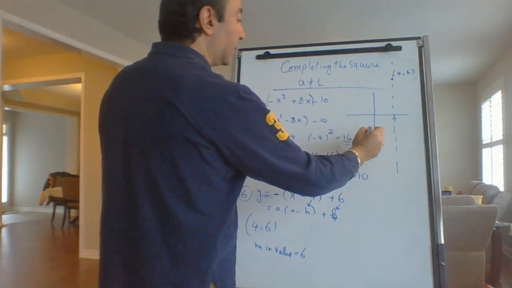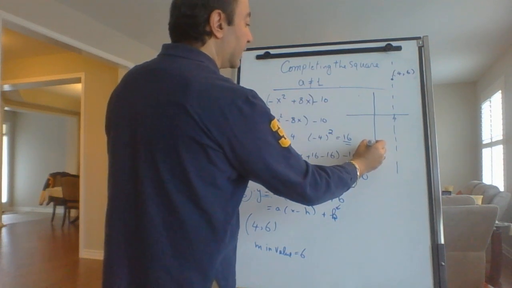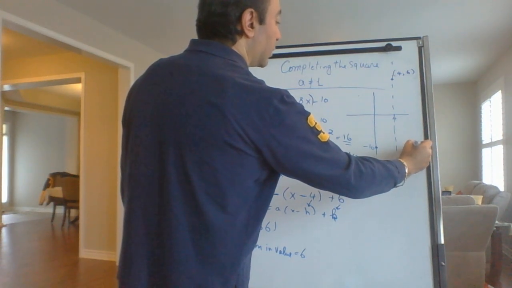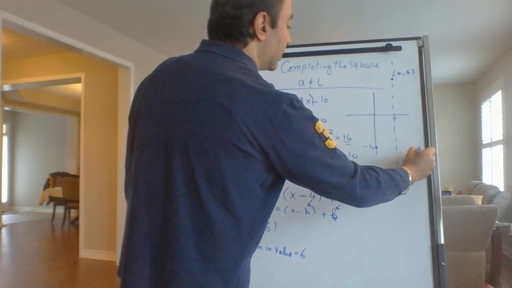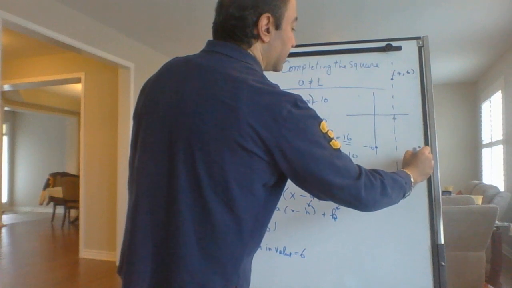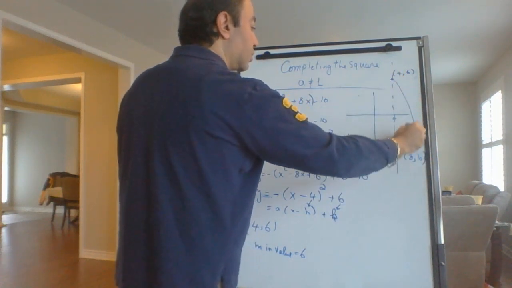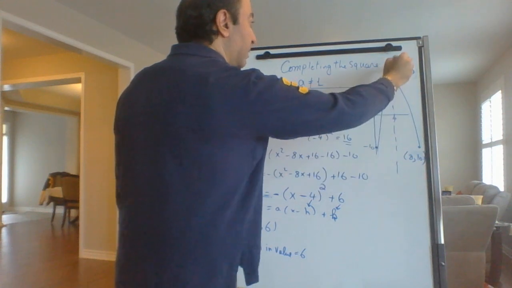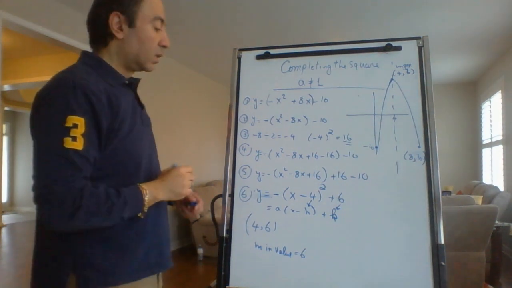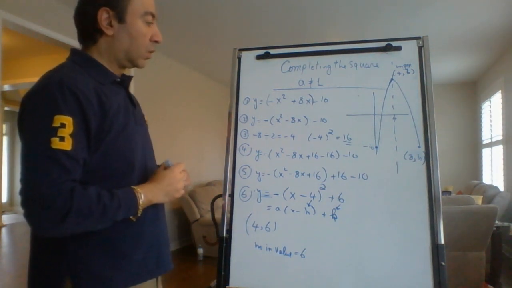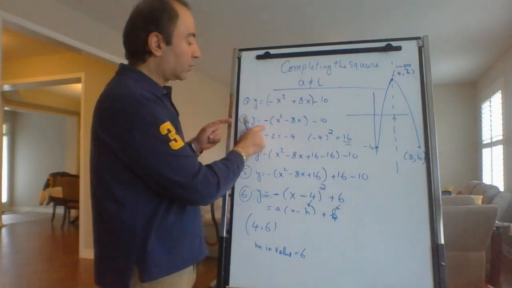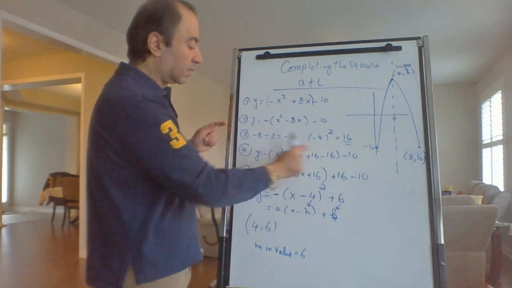We have a y-intercept at negative 10, so this is the y-intercept at negative 10. That means we have also another point here which is 8 and negative 10 because of the symmetry. Then we can sketch, and as you see, this is the maximum value, and this is the maximum point. Okay. It is the same exact thing that we did yesterday, except we factor a out, and when we take the negative part, we have to multiply it by